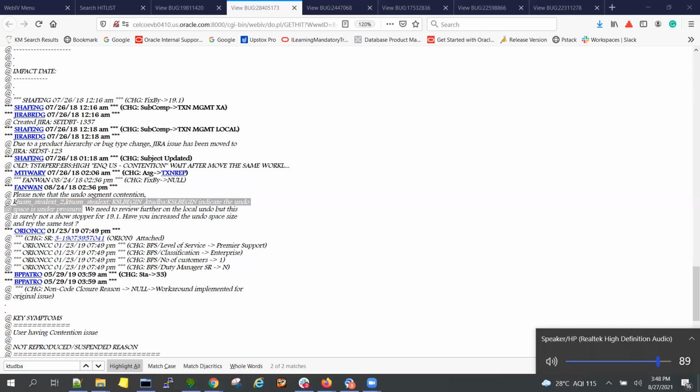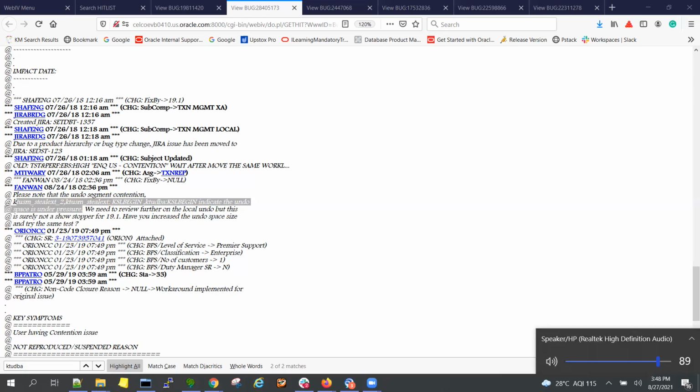When doing your analysis in the KM, put all these keywords in and search. Surely you will get some known issues. But when you go for a KM search, don't think that you will not find a bug and that it's going to be a new bug. No, surely there will be some kind of issue. Similar issues will be reported even in older releases like 11g or 12c, and even when the customer is on 19c. But don't expect that you will get a patch.